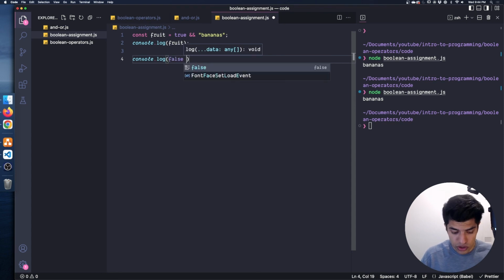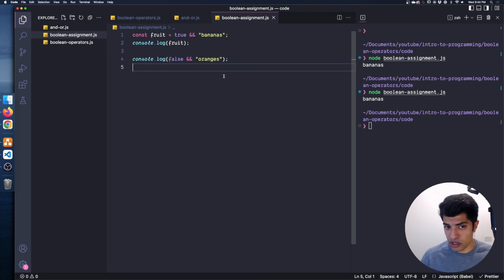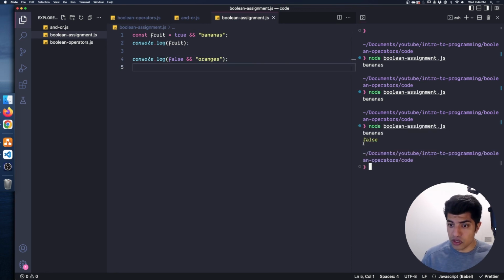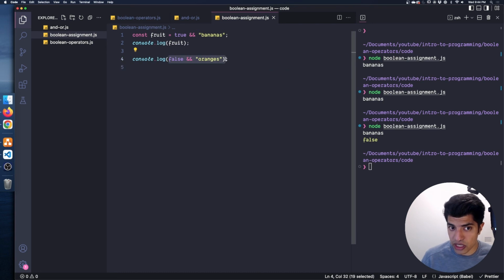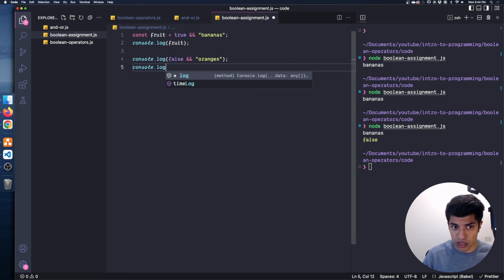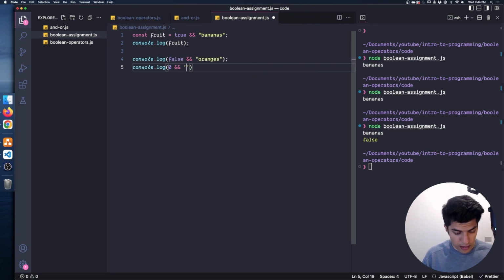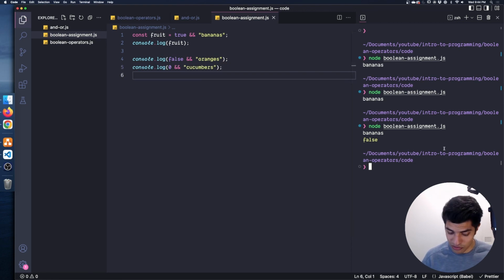If I do false && oranges, the string doesn't actually matter in this case. You can see I get false, because we know immediately that we don't need to check the second side because the first side is false with an and operator. And just to prove to you how the Nullish Coalescing operator is going to help us later, if I do 0 && cucumbers, I guess I wonder if that's not a fruit technically, but